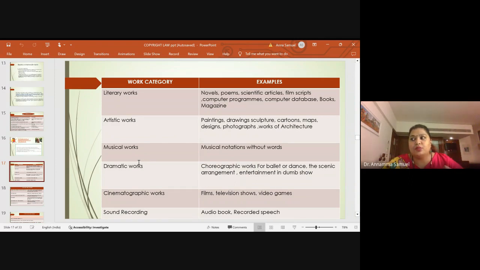If you remember, there was one out-of-court settlement for the Manganya seduction. There was a scenic arrangement which was copied by another production company for a musical concert, and it was decided out of court, wherein it was a clear infringement of the scenic arrangement which was done for the stage. Cinematographic work is like film, television shows, video games, and sound recording is nothing but the audiobook and the recorded